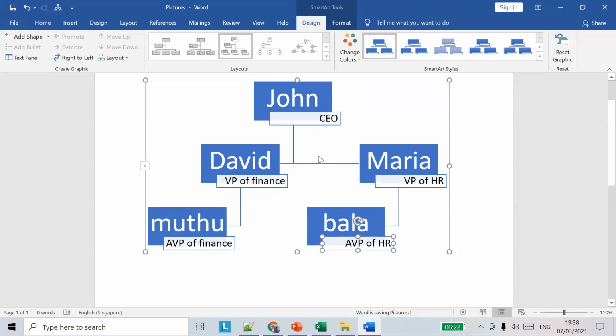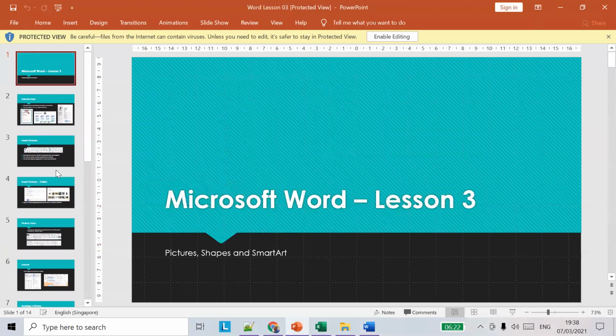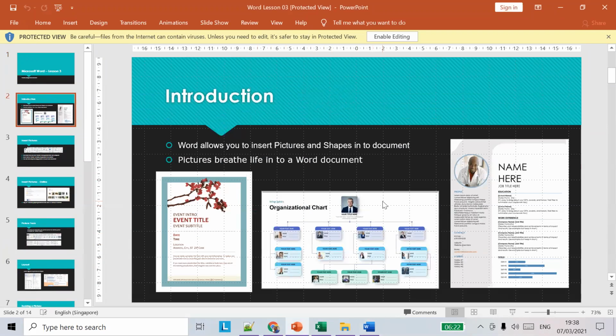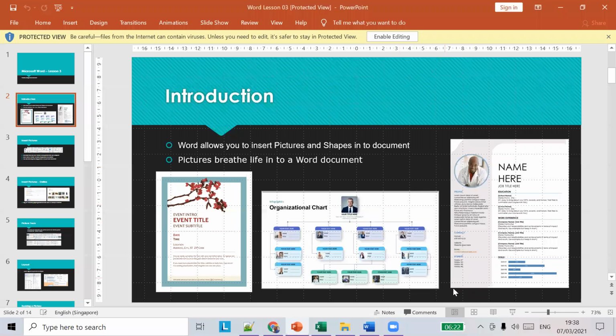So similarly, we can build an organizational structure using these SmartArt options. This is similar to the first chart we saw, the organizational chart. You can see it here, right? We can do these organizational charts and a lot of other things also.